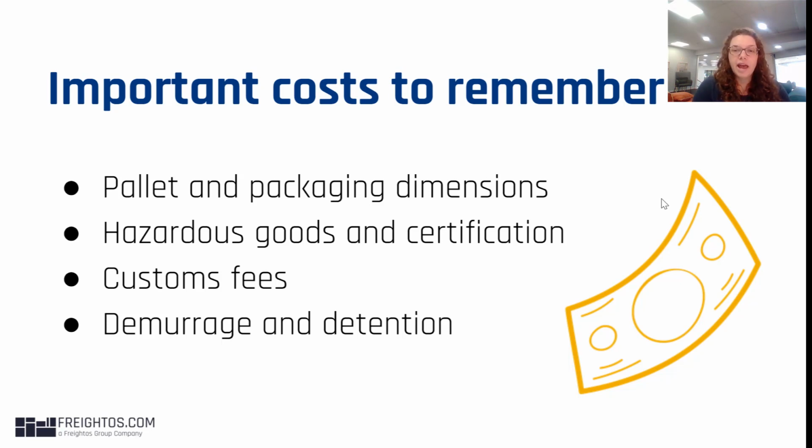The first is pallet and packaging dimensions. So here's what happens a lot of times. You get your dimensions from your supplier, you communicate those to your freight forwarder, you get a quote based on those dimensions, but then the freight forwarder goes to pick up your goods, and it turns out that they're not exactly the dimensions you measured, right? Because they remeasure them, and suddenly they're taking into account pallet and packaging dimensions that you didn't communicate, and it ends up costing more. So make sure to get those measurements from your supplier and to take those into account